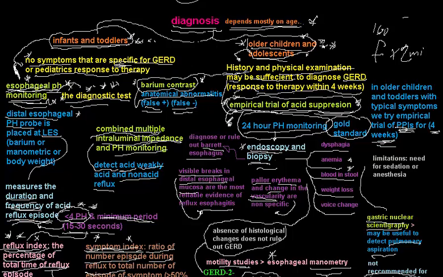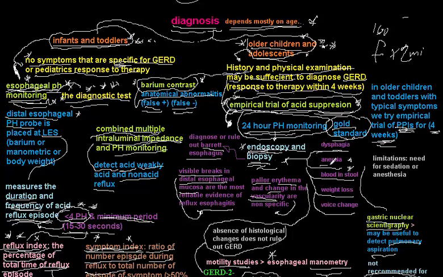Okay, so after the empirical trial of acid suppression, if we suspect gastroesophageal reflux disease, we should do the 24-hour pH monitoring that I talked about. It's the gold standard in both ages. After that we can do endoscopy and biopsy, and the indications of endoscopy and biopsy are in the cases